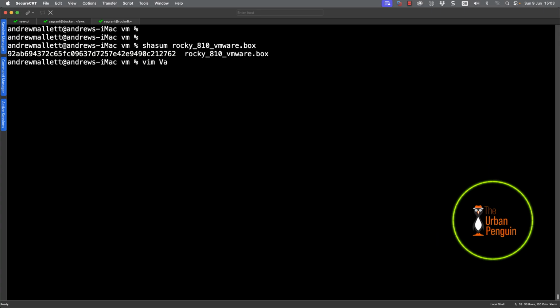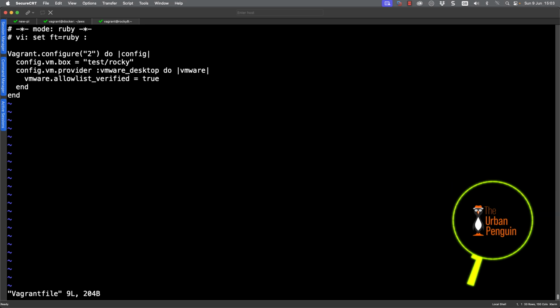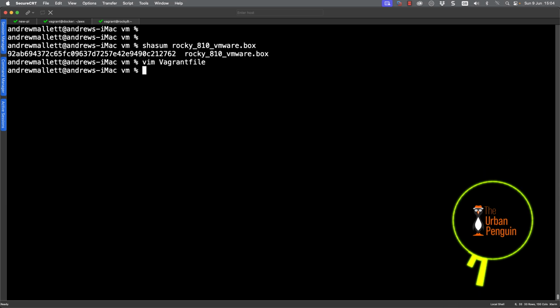So then going back out to my command line and editing the Vagrantfile to run a test, I can then change from my test Rocky and just paste in the Urban Penguin Rocky 8.10 server. We're still using the provider VMware, so that's going to be good.